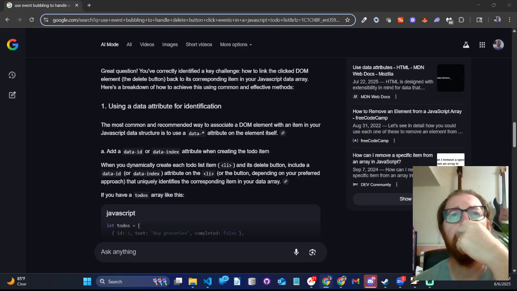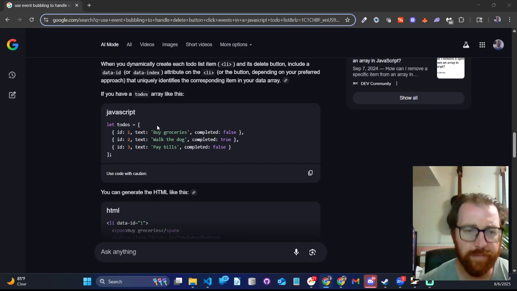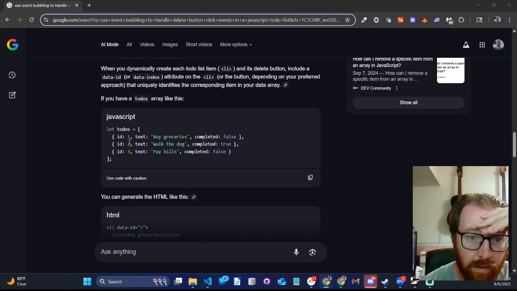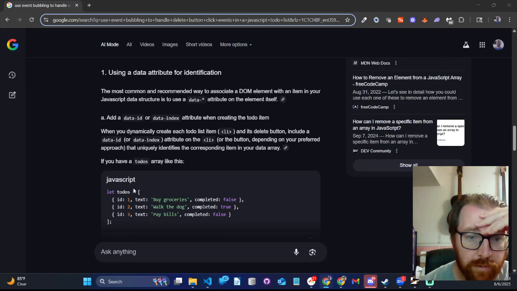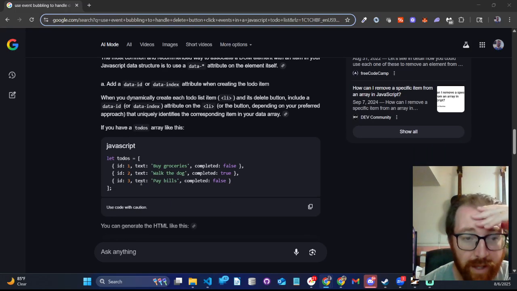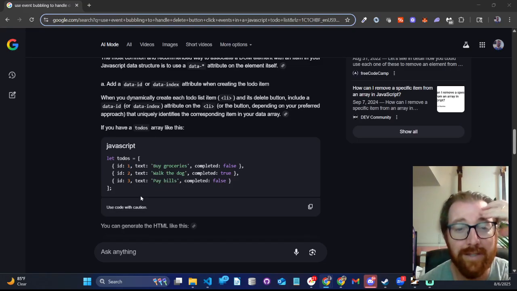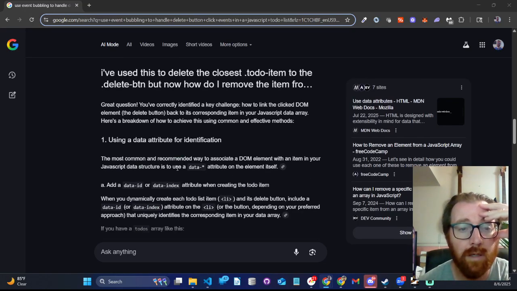This set index. No, I was supposed to cover it today. So we get our to-dos. This isn't really our to-dos right now. We're not like this at all. But